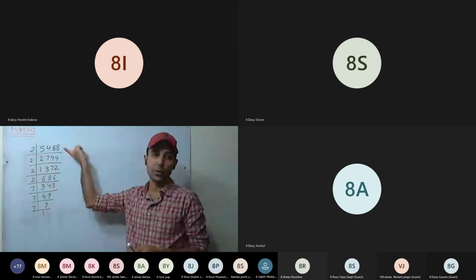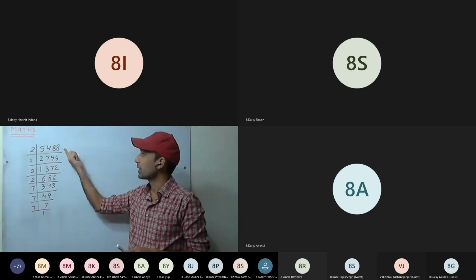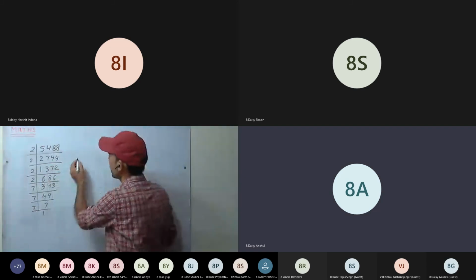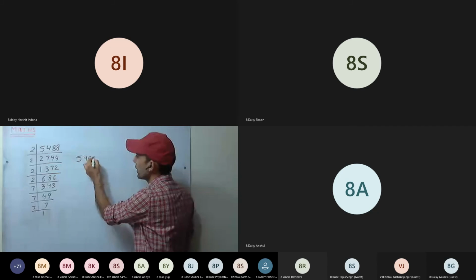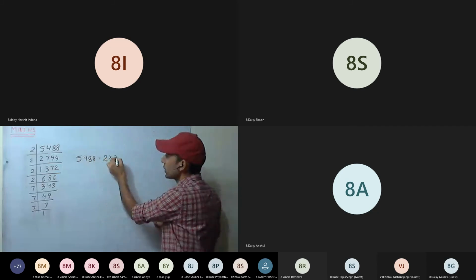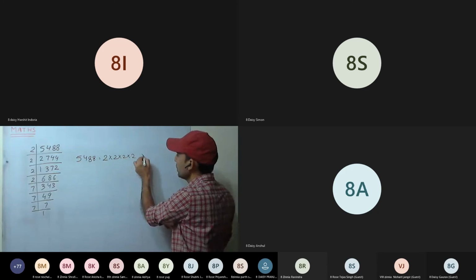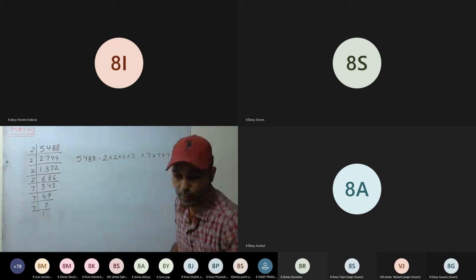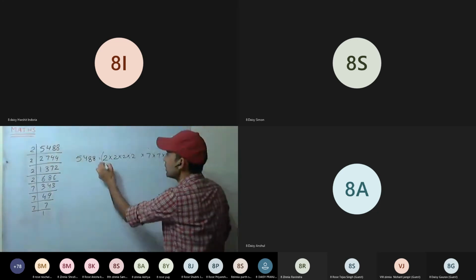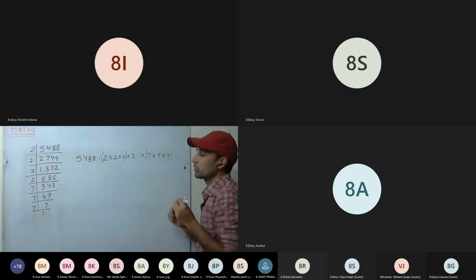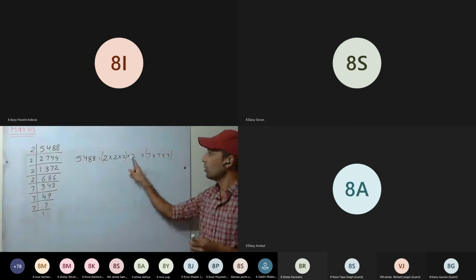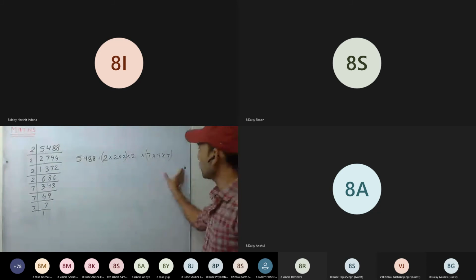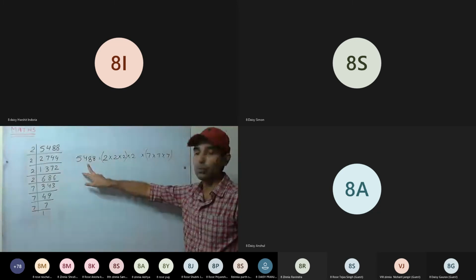So whether it's a perfect cube or not. Is it a perfect cube? No, sir. Since we are getting, see here, 5488: 2 into 2 into 2, 4 times 2, and 7, 3 times. So if you make the triplets, now 2 is single. So what do we do? We have to multiply by what more so that it becomes a perfect cube?